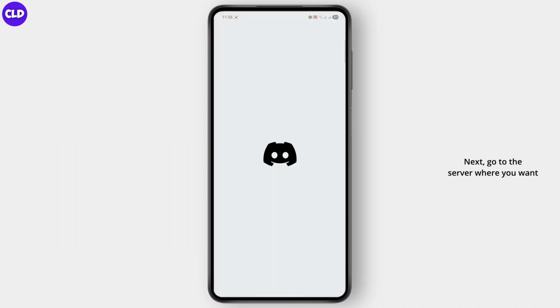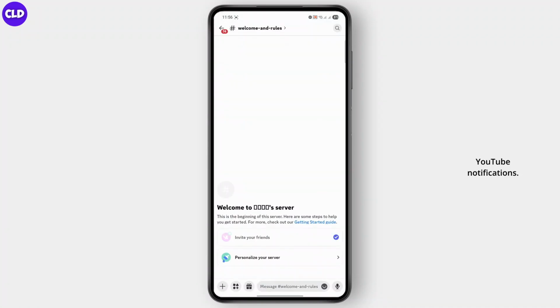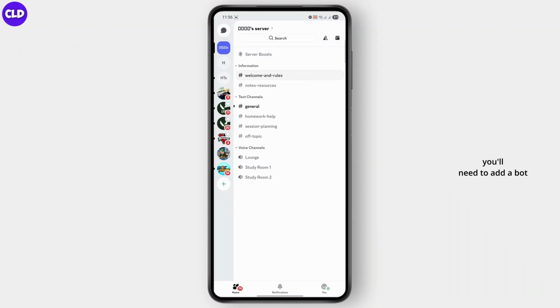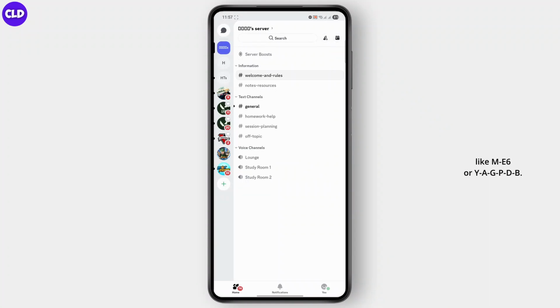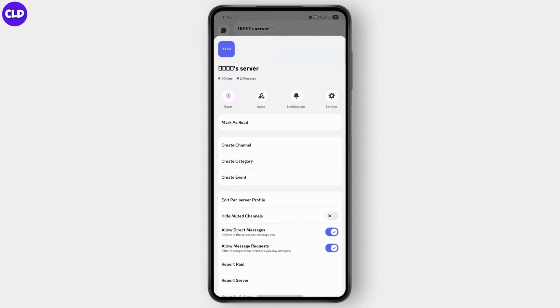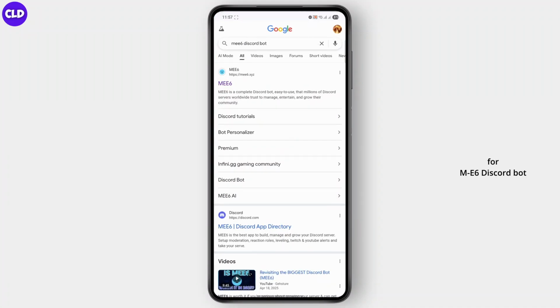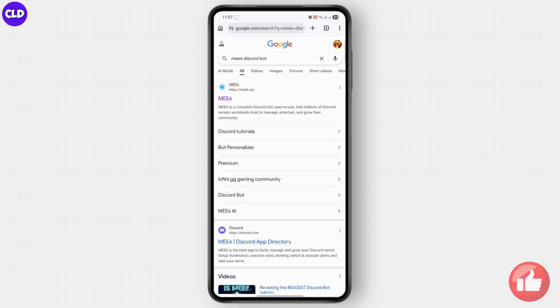Next, go to the server where you want YouTube notifications. Following that, you'll need to add a bot that supports YouTube notifications like ME6 or YAGPDB. Now, open your web browser and search for ME6 Discord bot or go to